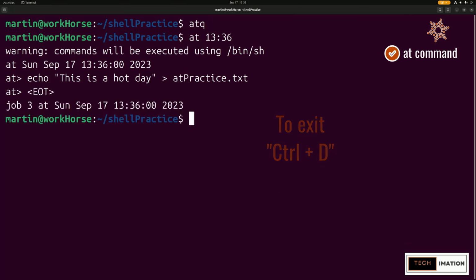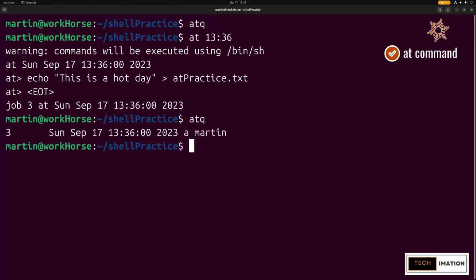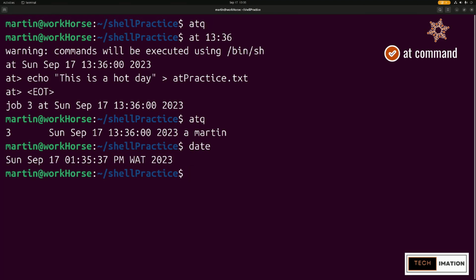And if I look at my queue now, I will see that I have something that will soon run. Right? It isn't 13:36 yet. If I look at the time, it's still 13:35. So in a few seconds it will be time. So I'll take a look at that. Before I do that,